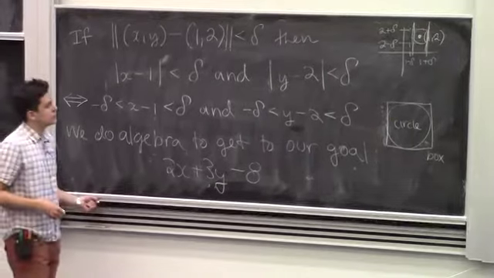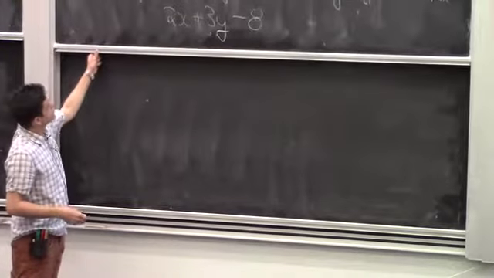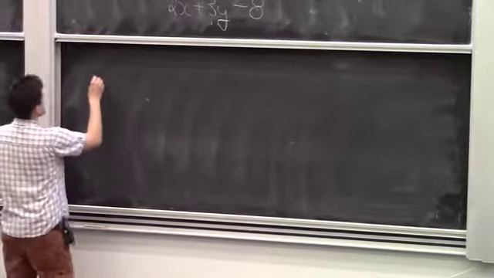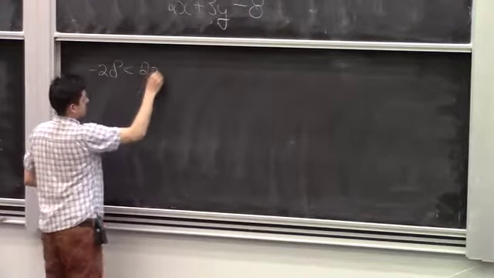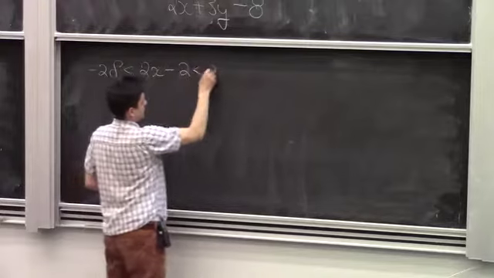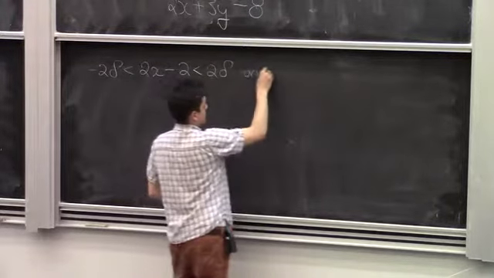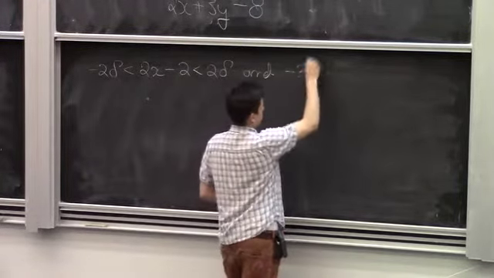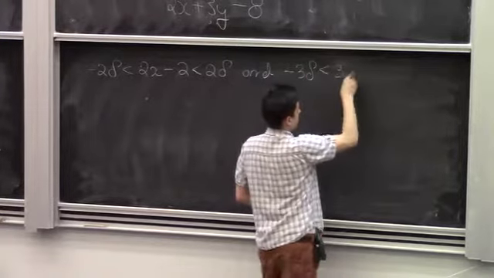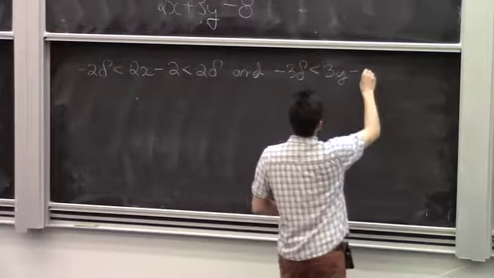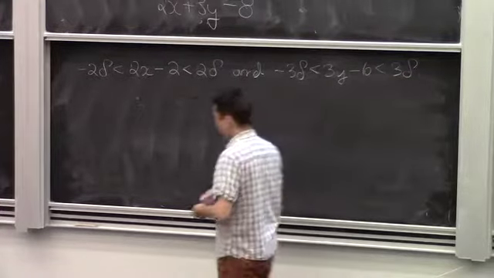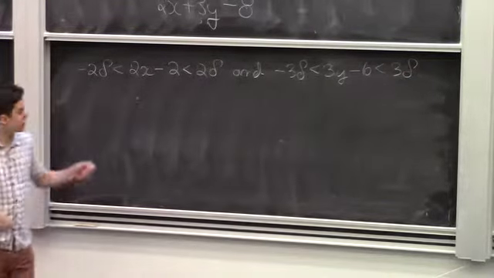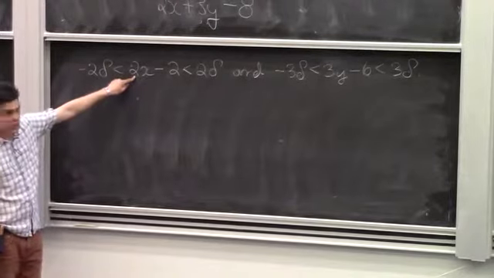Okay, so what do we do? Okay, so we multiply through by the coefficient that we want on x,